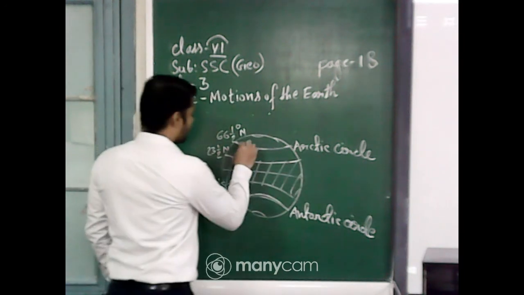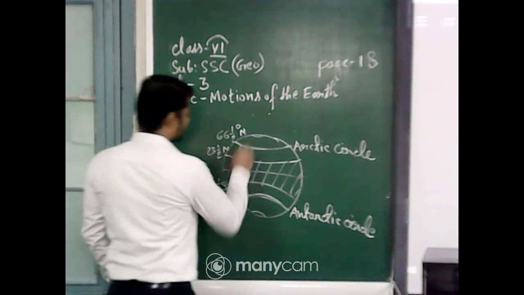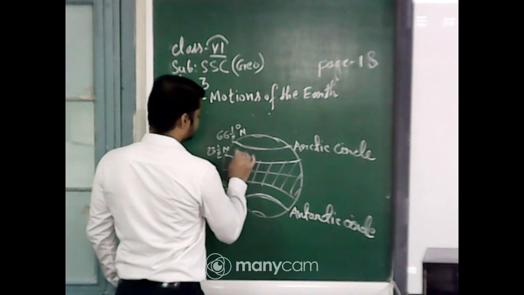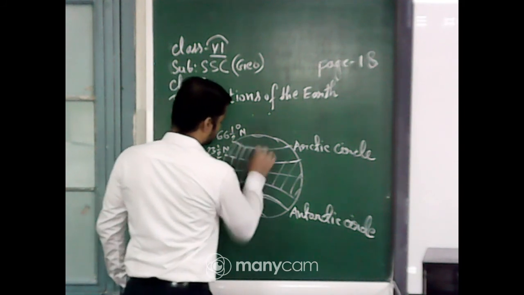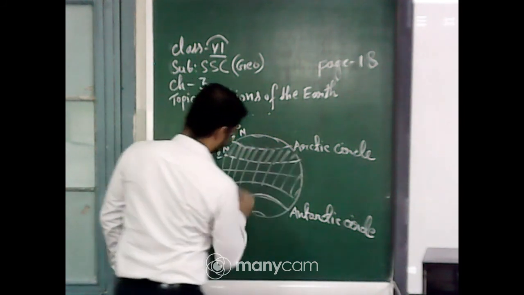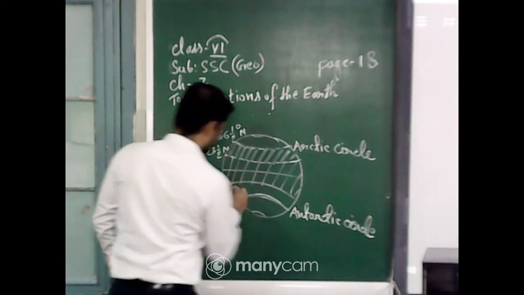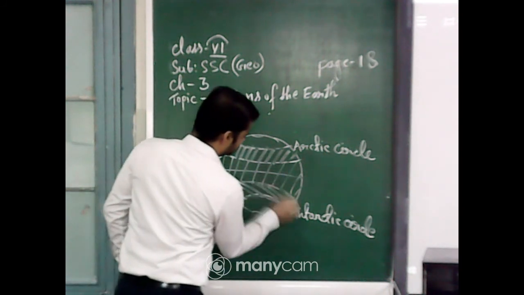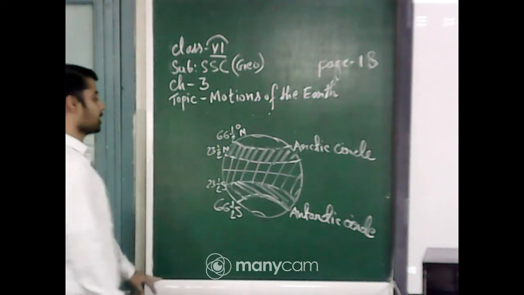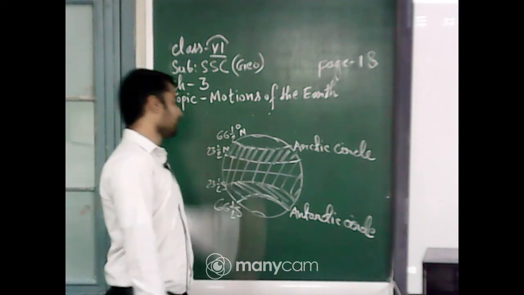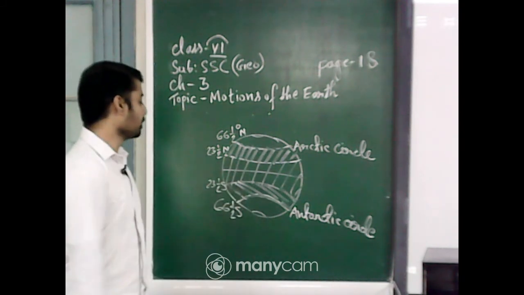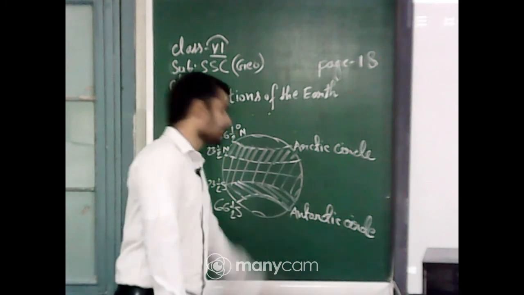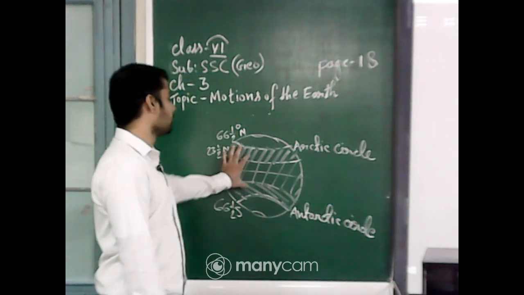So from Tropic of Cancer to Arctic Circle and Tropic of Capricorn to Antarctic Circle, this area is called the Temperate